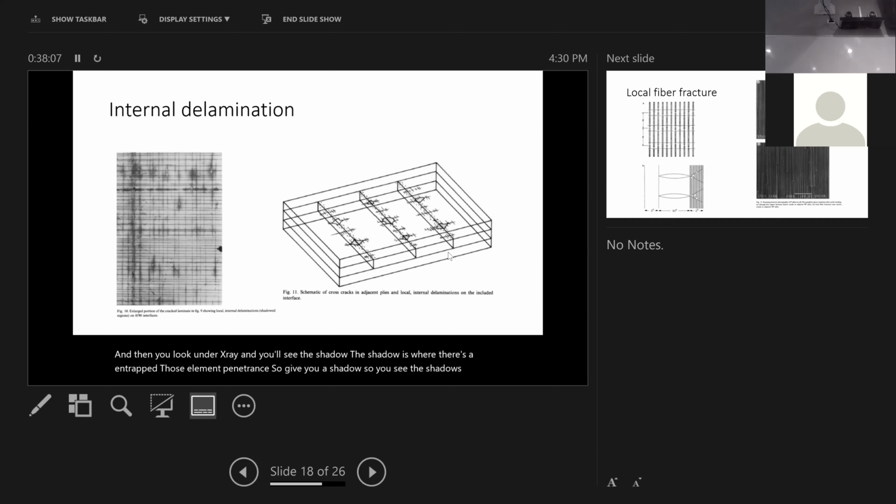When there's a crack running in the horizontal direction in one of the layers, and another crack running in this layer, where this crack meets that one, that point is pretty vulnerable to develop a delamination like this. If you do local micromechanics stress analysis, the local material near where the two cracks cross is under a very adverse stress state, so-called triaxial tension. If you do finite element analysis, the local material is being pulled in all three directions, which is the worst case